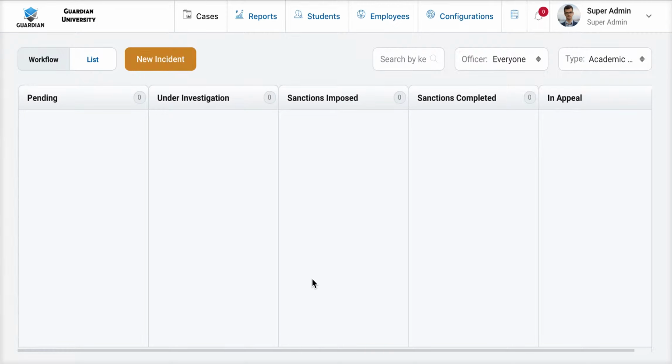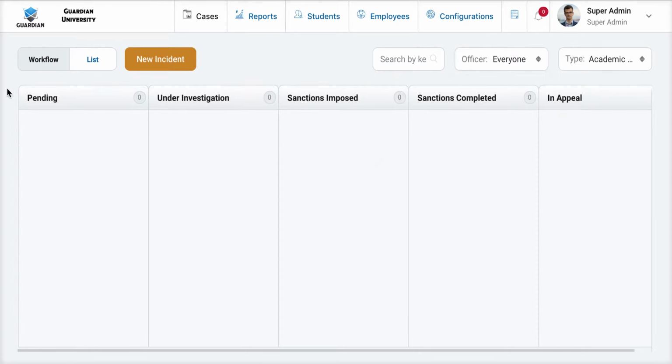In this video, we will talk about creating and editing workflow stages within Guardian. A workflow is the unique process steps that each case type should follow. This gives you the ability to design Guardian to process cases in the order and the specific steps or stages that you so desire. For example, right now we are looking at the academic integrity workflow, which we see has